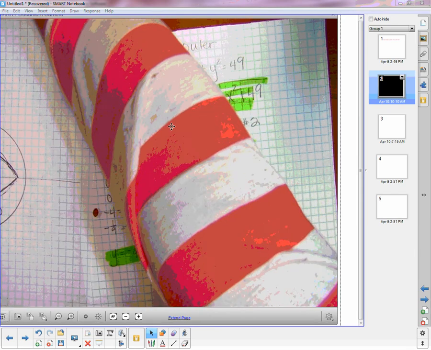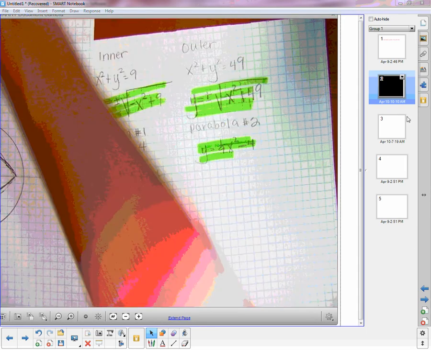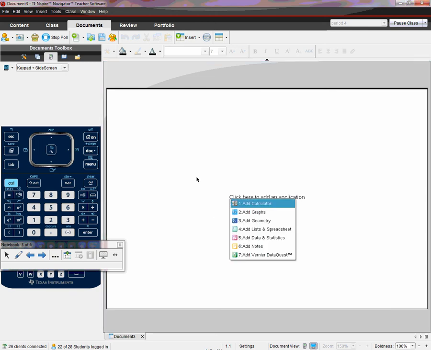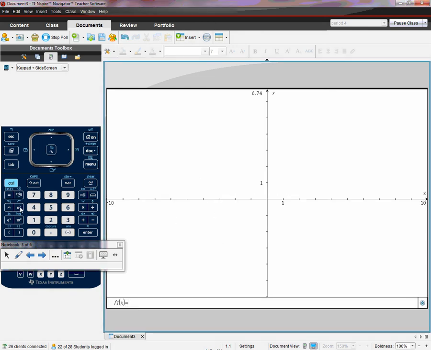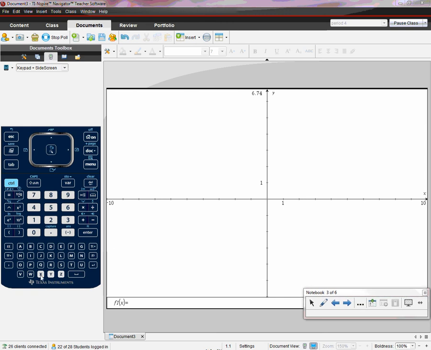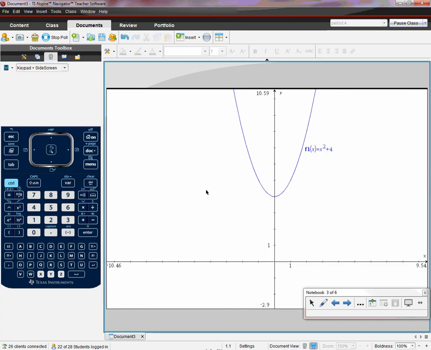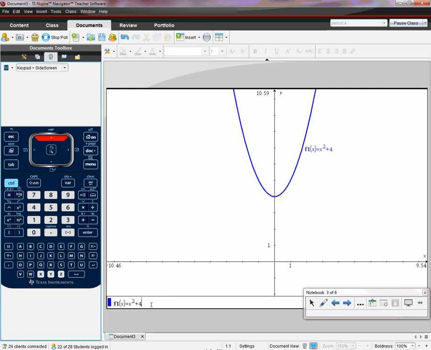Okay, let me show you guys real quick how to restrict domain. All right, let me add a graph. Let me put in a parabola. That's a parabola. Let's say I only wanted a portion of it. Guys, go to your entry bar down here. Go to the right of it. Hit Control equals. And you need to pull up that separation bar because that's how you're going to restrict your